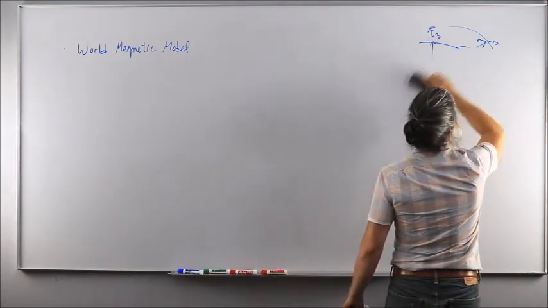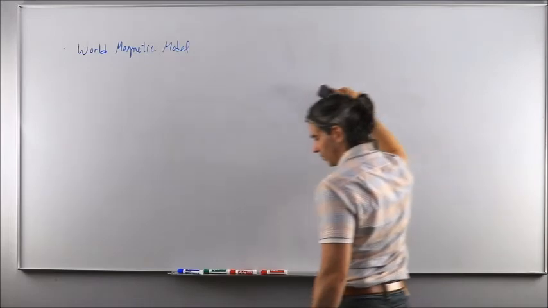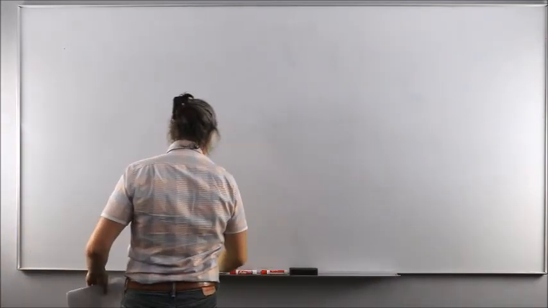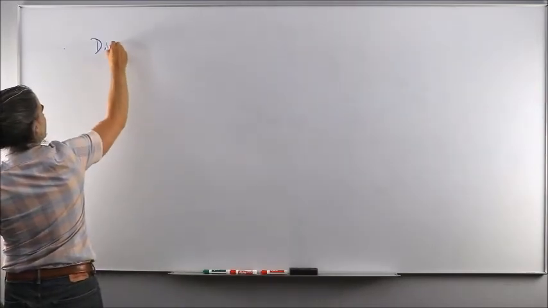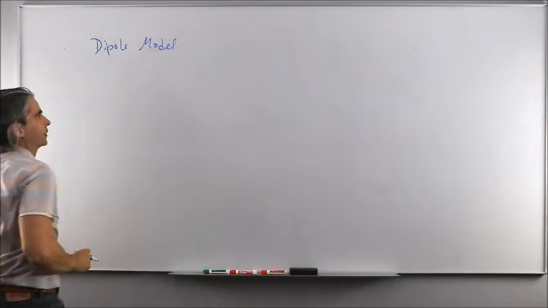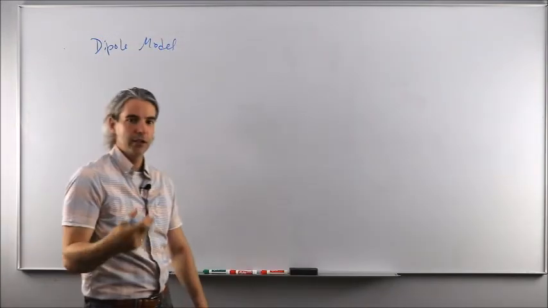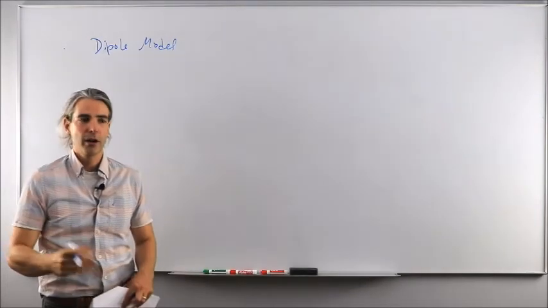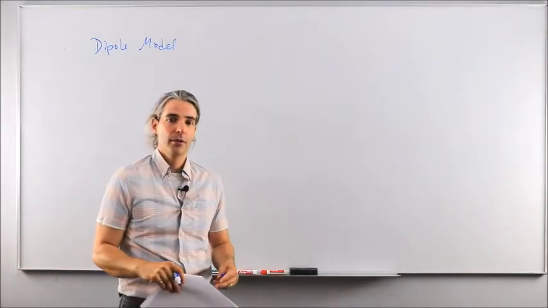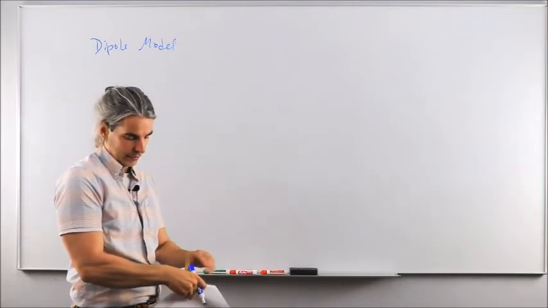A magnet which is inclined with respect to the north pole of the Earth, hence the name tilted dipole model, or just dipole model. Okay? So the dipole model is what people use when they want to do quick calculations, or when they don't care about